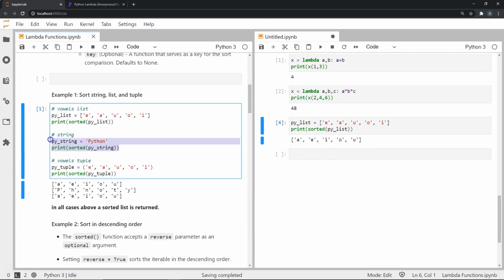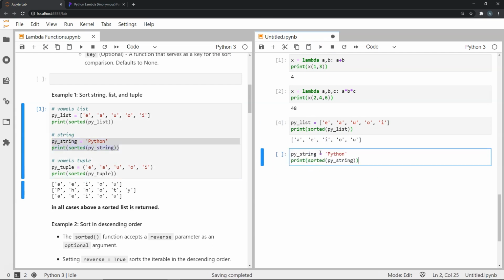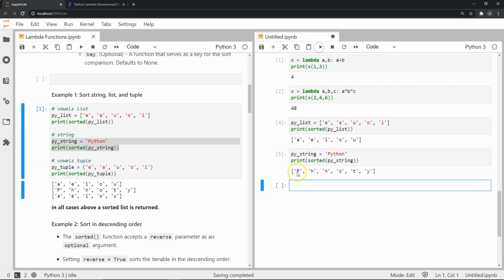Similarly, if I gave it a string, as you know, a string is an iterable. It's a collection of characters. So if I use a sorted function on this, interestingly, it'll give me a list of these individual characters like P, Y, T, H, O, and N, but in the order that we want it to be in, which is the ascending order, of course. So if I print this, you can see it returns me the list with each character in the order that we wanted it to be in.